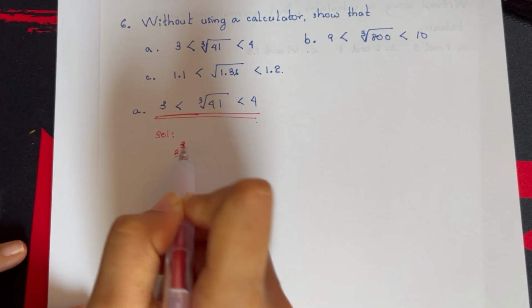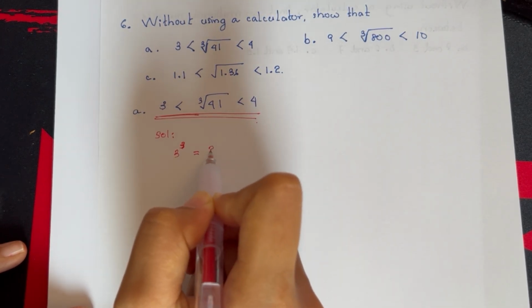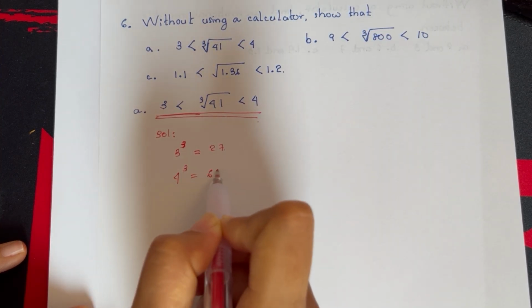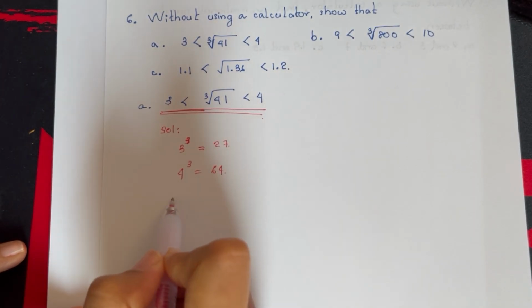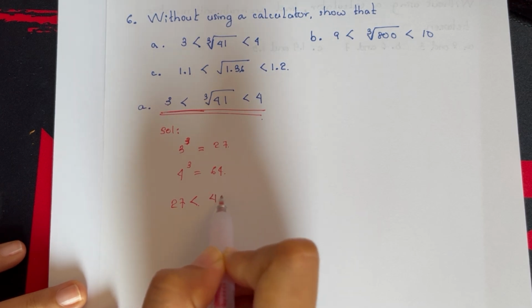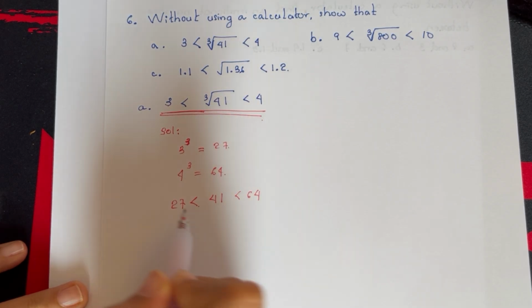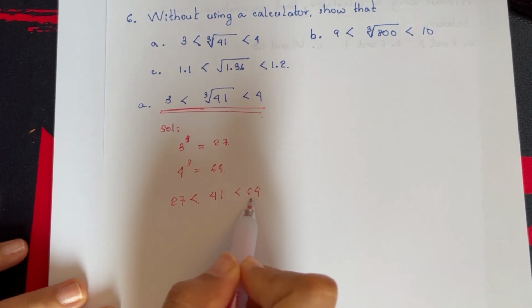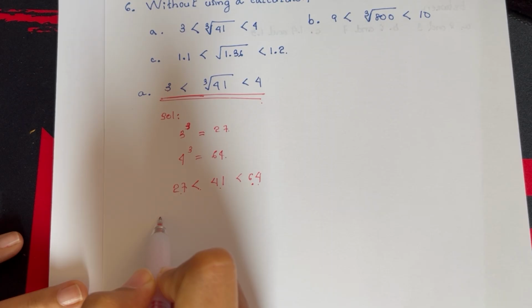3 cubed, sorry, not 3 times. 3 cubed means 27. 4 cubed is equal to 64. So it is 27 less than 41 less than 64. This is correct. 27 is less than 41, 41 is less than 64. So if I put the cube root of